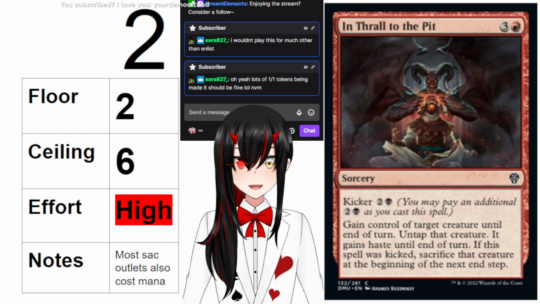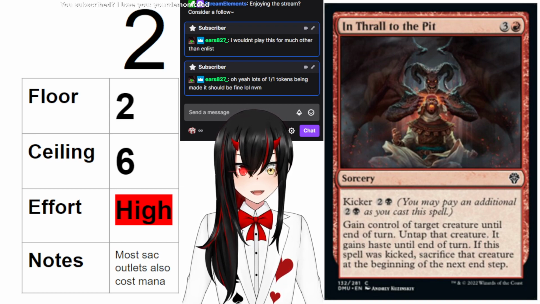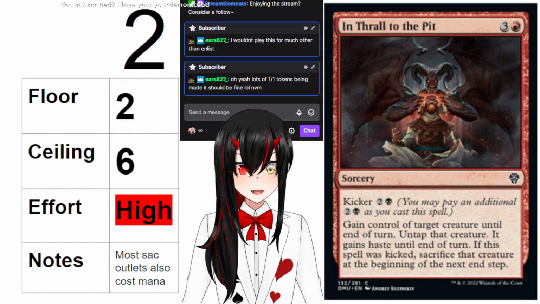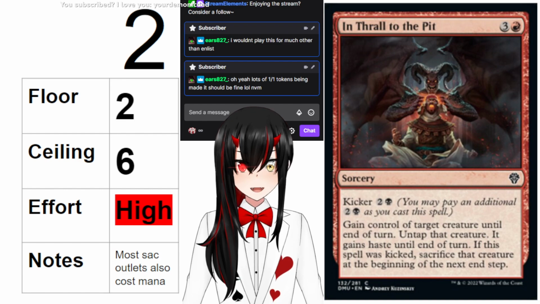Alright. Enthrall to the Pit. 3 and a red for a sorcery. Threaten a creature. So you gain control of a creature, untap it, and it gains haste. If this spell is kicked, you sacrifice that creature at the beginning of the next end step. So this spell is clunky. 4 mana is a lot for a Threaten. If you play a Threaten and then have, like, the Cyclops, then it's 5 mana to kill any creature, and